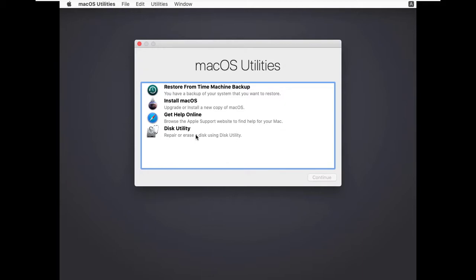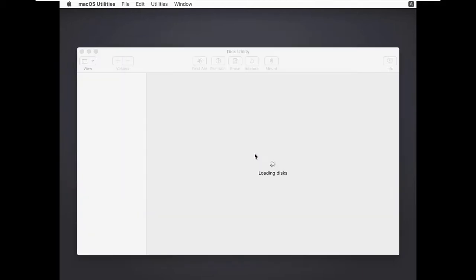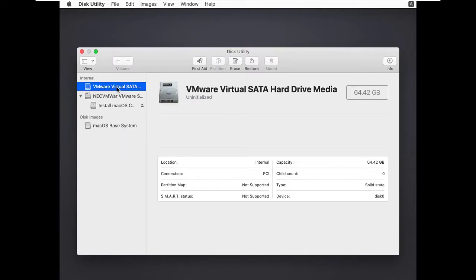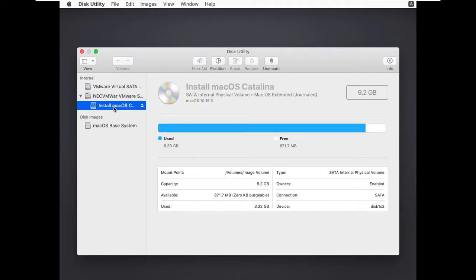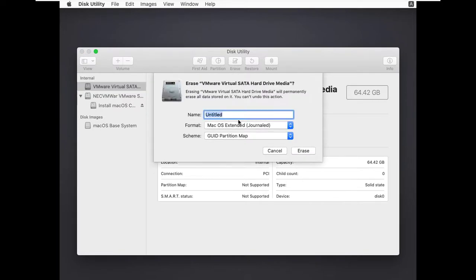Now click on disk utility, click continue. Here we have to format the disk. Click VMware SATA. Then click erase.